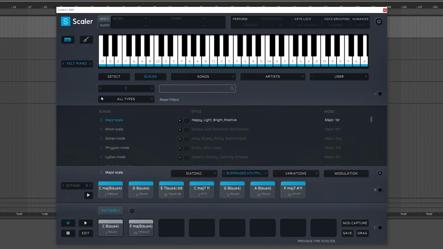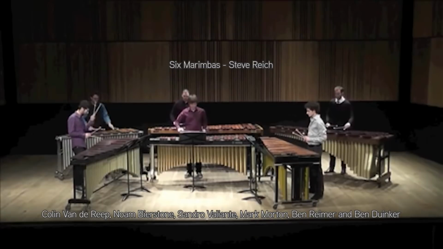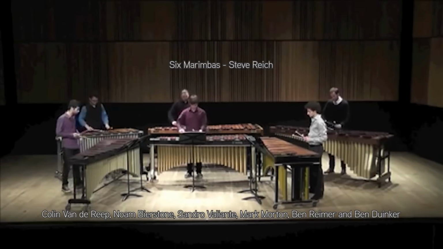So keeping in mind that certain notes have certain relationships with other notes in the key, and some are going to play better with others, is the basis for how I approach that quote-unquote safe note idea when I'm making generative patches or stuff like that. And I got it to a great extent from listening to Brian Eno's Music for Airports, especially that intro track. But it also applies to things like Steve Reich's Music for Six Marimbas and something like that.